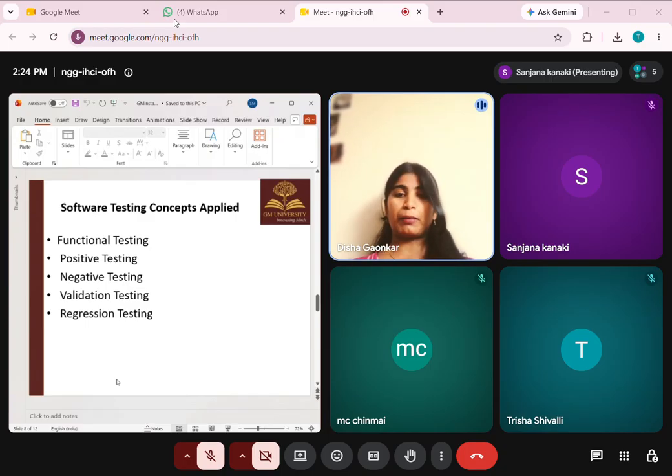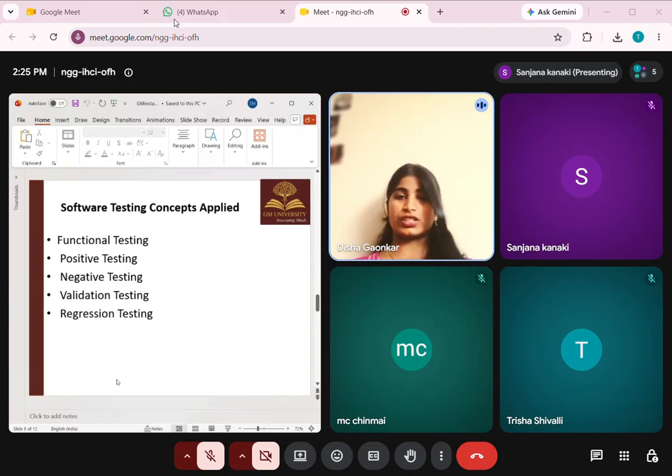There are many concepts in testing, like component testing, unit testing, etc. We have used functional testing, positive testing, negative testing, validation testing, and regression testing. These are the main testing techniques we have used in our testing. Basically, we have used Katalon here.